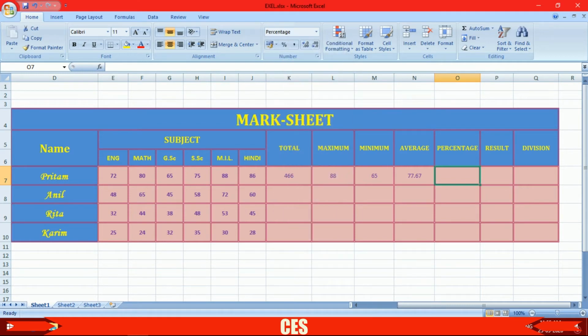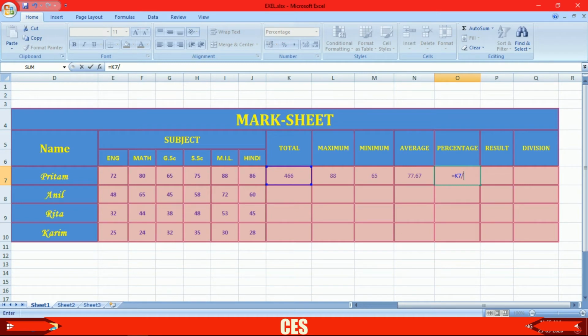Now we are going to use the formula. So to calculate percentage, the formula will be equal, then here you should take the total marks obtained by Pritam, then divide it by the subject total mark.